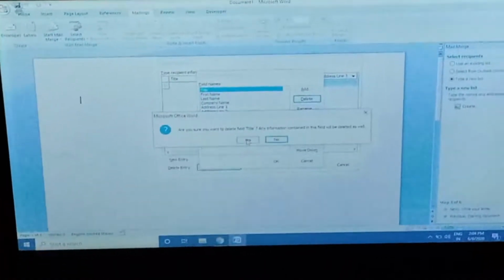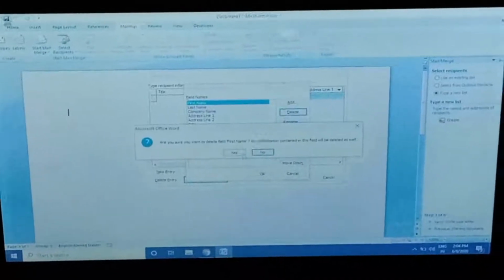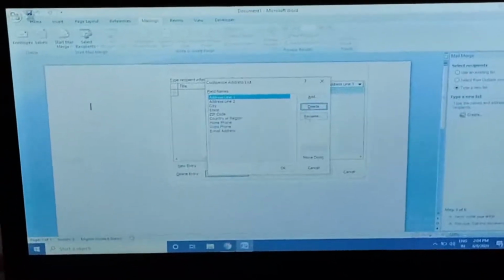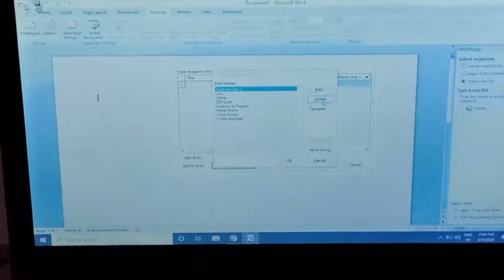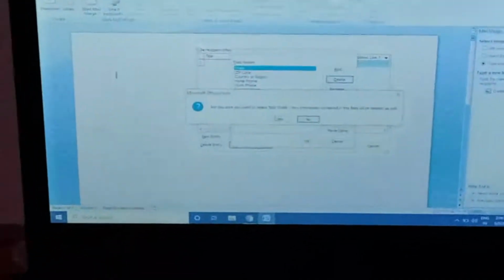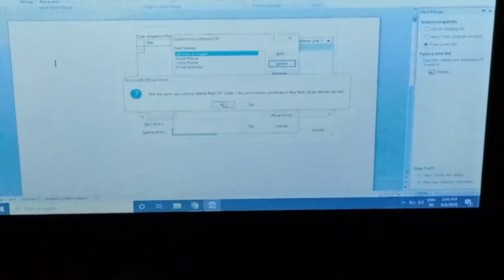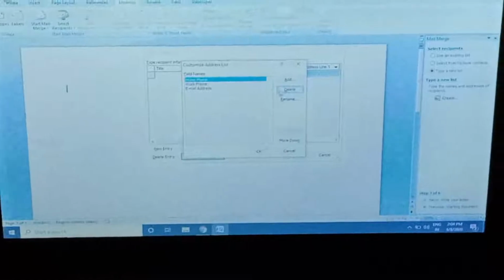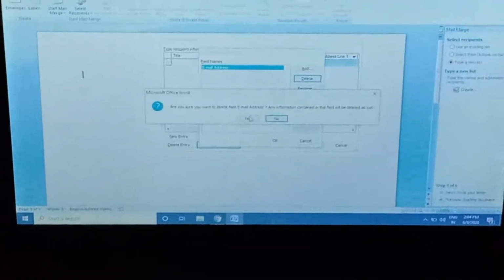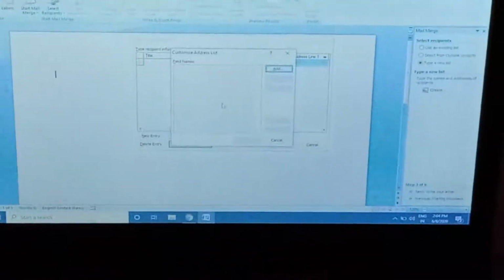Delete, delete, delete, delete. I deleted the whole list, and this area is blank.